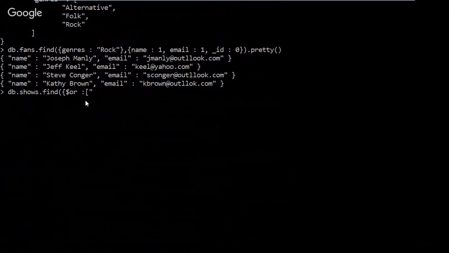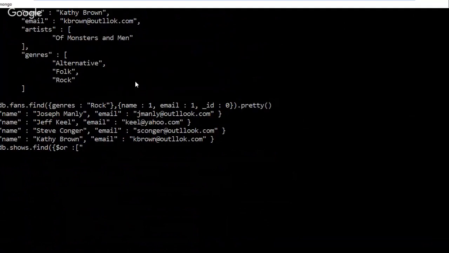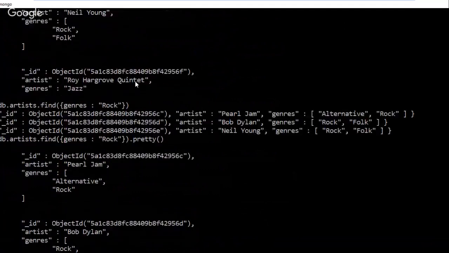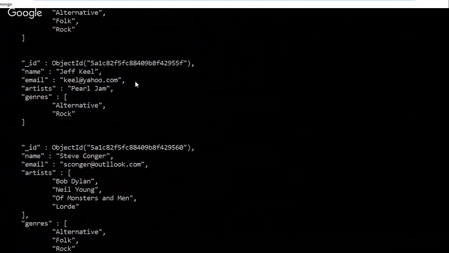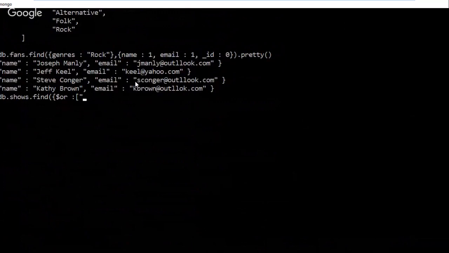So under artists, I need to go back up there. It's just name, right? No, it's artist. So I'm going to do artist. What I don't remember is I think I need to do